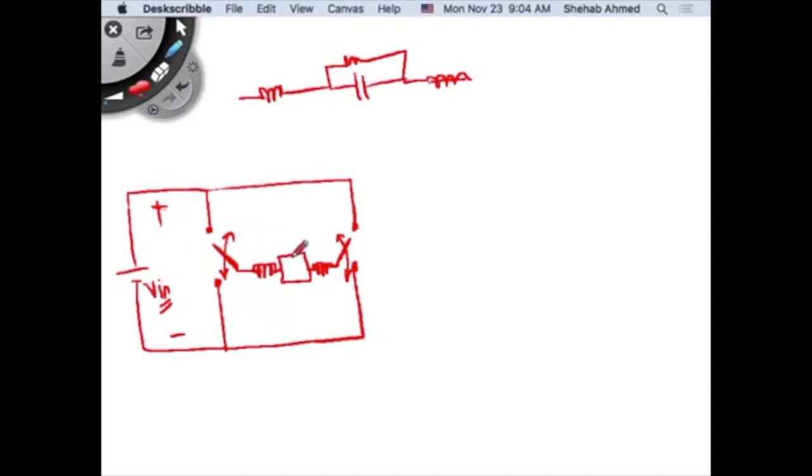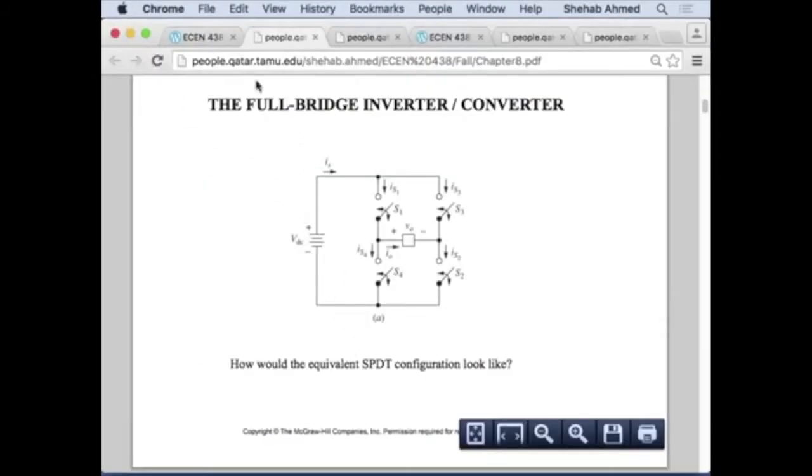Current is in this load, I want to create AC current, right? I want to create current that is going to go into this node or out of the node, right? So it's going to go into this node or out of this node, right? But the voltage doesn't change polarity, right? So if we go back to this chapter 1 slides, that